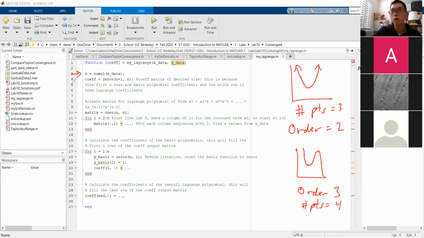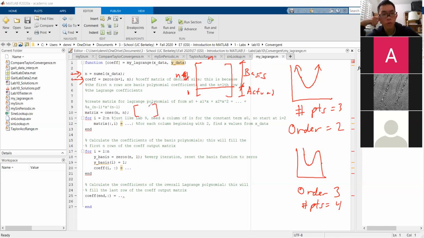So we'll make use of the number of data points, and we'll call that n. Coefficients, we're going to have as an n plus 1 by n array. So we'll reserve these for the basis polynomials, and then this is our actual polynomial, actual and basis. That'll make sense if you look at part 0 and what it tells you to do. And this should be n, this should be 1. I'll write it like that. Here's matrix. And it's going to contain